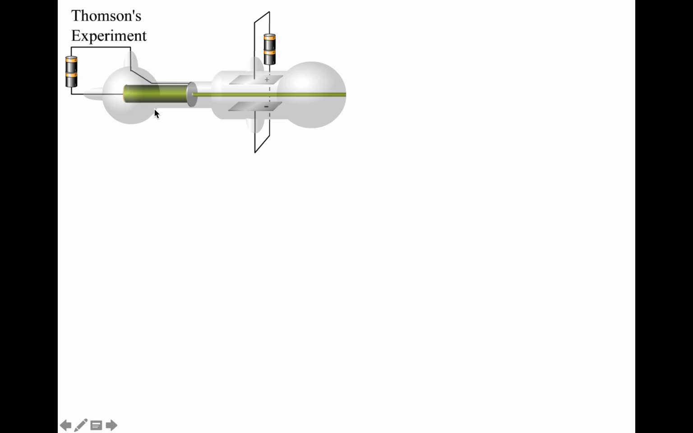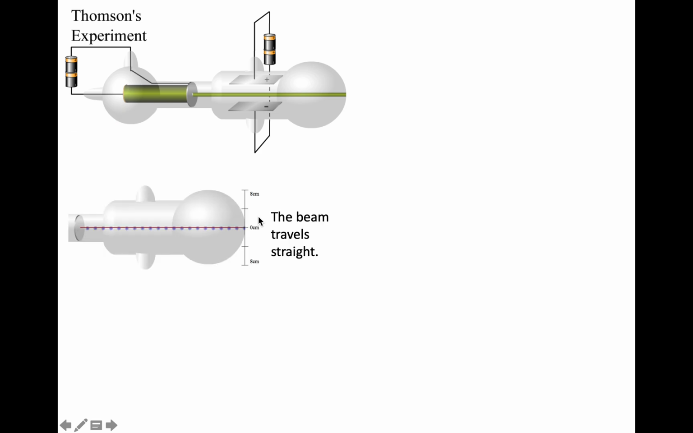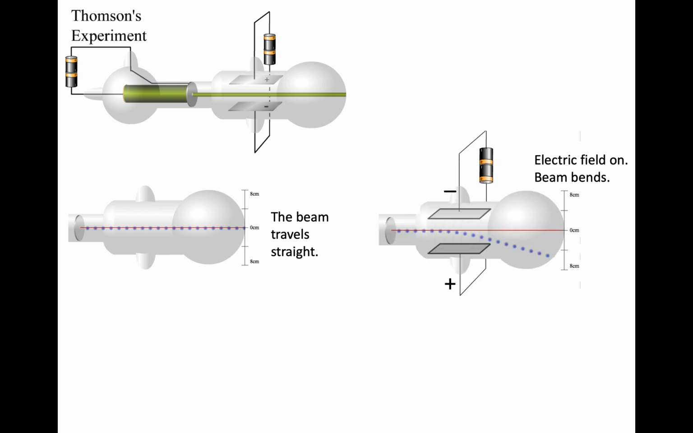So same kind of depiction. Our cathode rays are going from left to right because we have an electrical potential difference. If you first turn it on, you'd have the beams traveling in a straight line. If you turn on the electric field, you can deflect the beam. So now it's on a different path. It's negative. It's being pulled down towards the positive